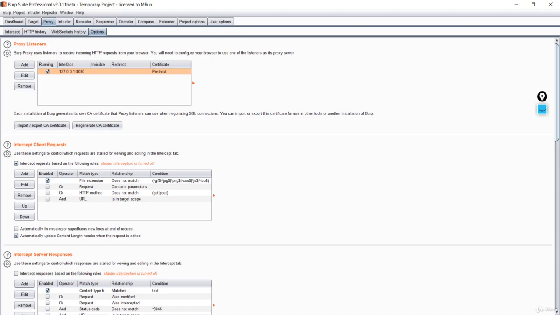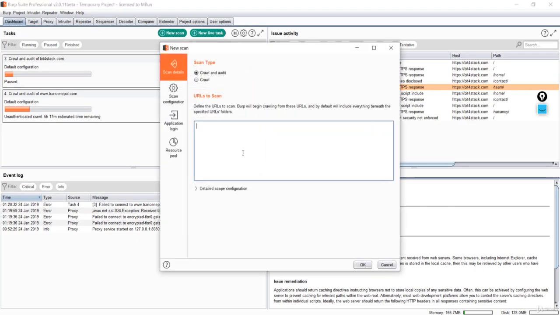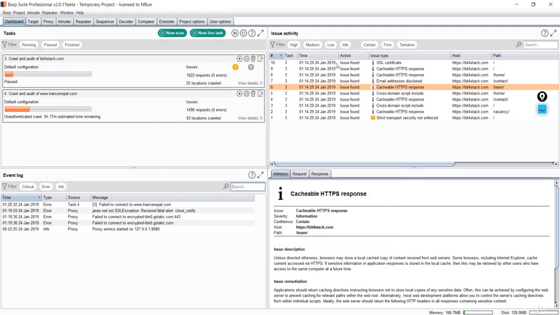First of all, in this dashboard, when you press New Scan, it is going to give us a URL to scan. This is the Scanner, and it is used to automatically scan websites for content and security vulnerabilities. That means when you pass any link over here, it is going to scan for all of these vulnerabilities, and you will see the information right over here. You will see the issues found on this website, and it will give us the content and crawl all the information of that website with this simple New Scan method.